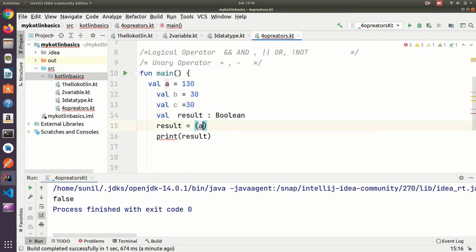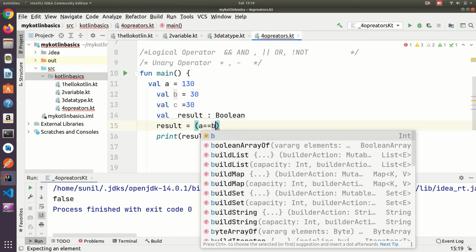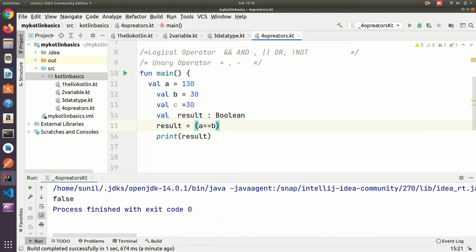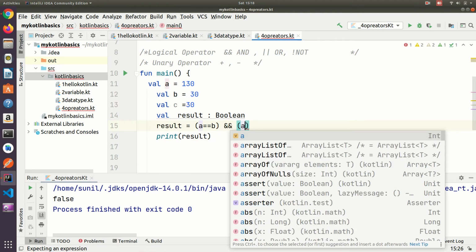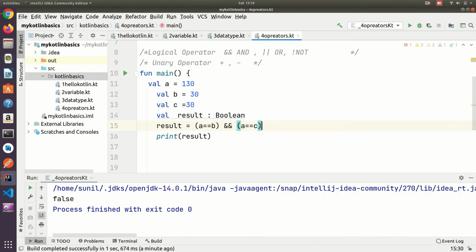So here I am checking a is equal to b and a is equal to c. It means when this condition gets true and this condition also gets true, then this result will become true, else it will be false.